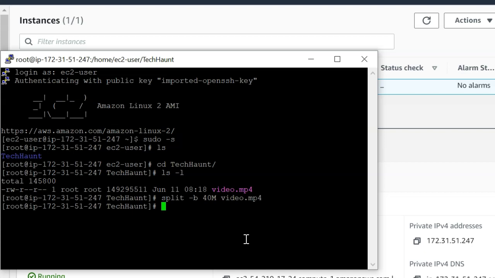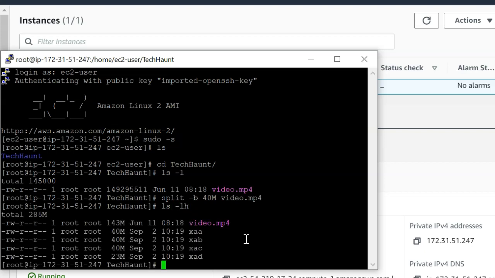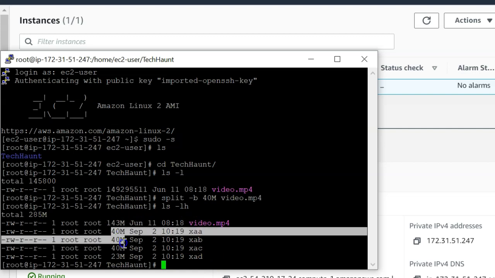Now let's see whether it's created, I mean it's split the file into 40 MB or not. Okay, you can see it now. It's created into 40 MB, 40 MB, 40 MB.